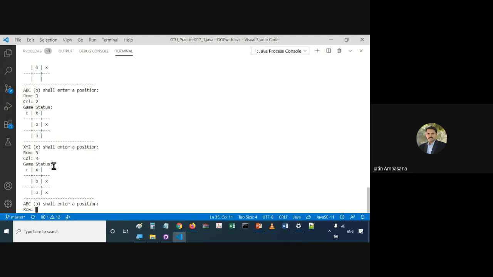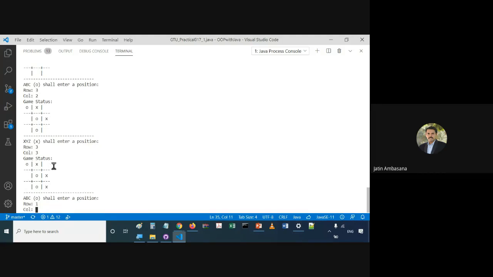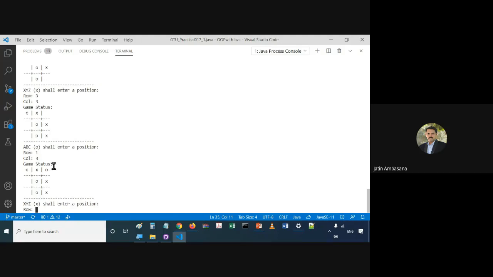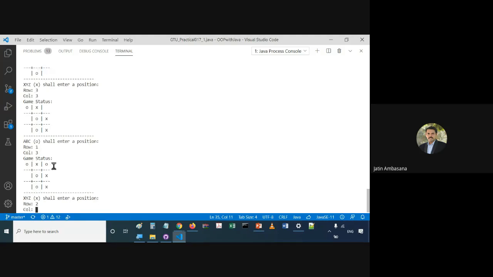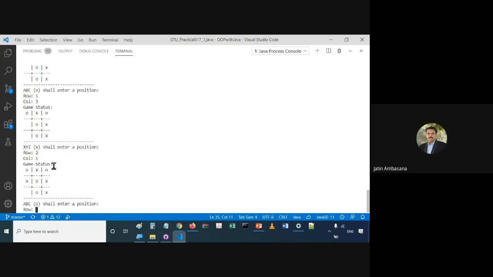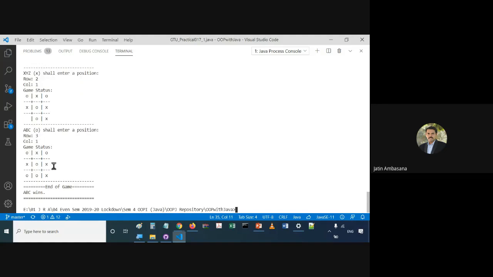Then ABC again says row number 1, column number 3. X says 2 comma 1, and then ABC says 3 comma 1. And that's it. It wins for this particular combination. Okay.